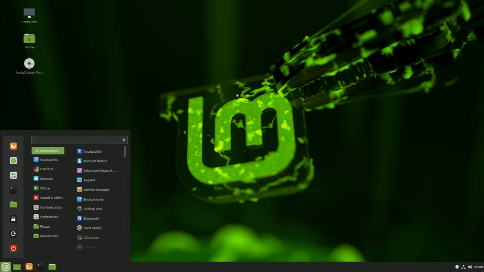If you are looking for a good alternative to Windows, this is a great one right here, Linux Mint. We are going to be taking a look at this operating system today. There are many reasons why you might want to find an alternative to Windows, but if that reason is because